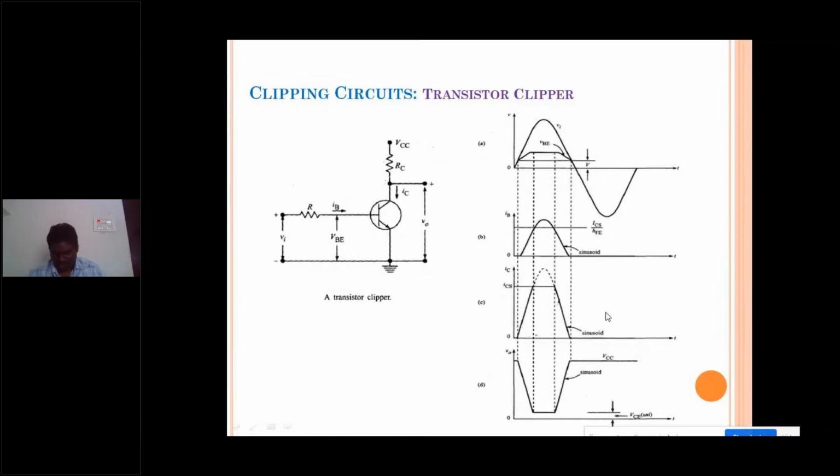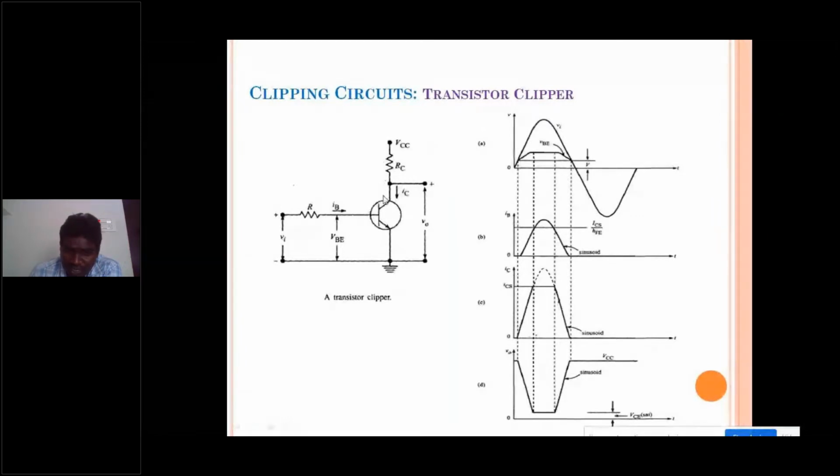Let me explain with some graphical representation. When a question in the examination regards this transistor clipper, we need to draw these graphs and explain. Let me explain what this graph is about. I think you are all aware of the current equations of a transistor. What is the current equation? If I want to calculate